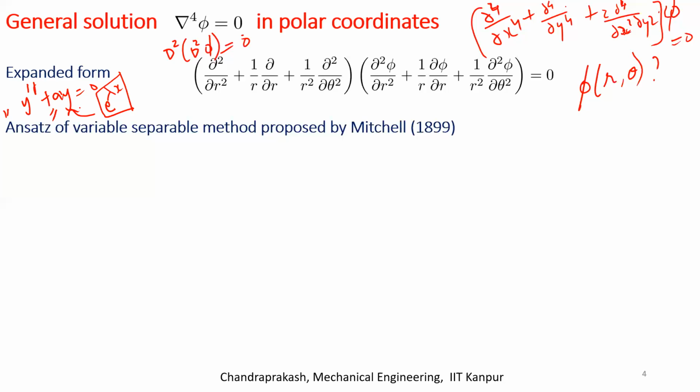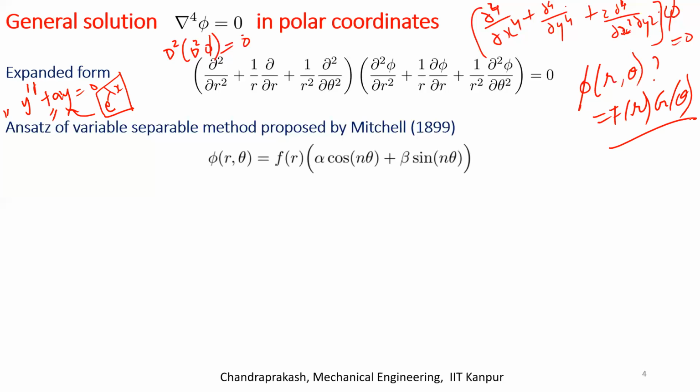Now we will seek a variable separable solution, as in I will have this as some f of r times g of theta. So this is the form we are looking at. And this was first proposed by a scientist named Michell. Since the second derivative with respect to theta is involved and there is no first derivative of theta, the derivative with respect to theta is either the second derivative or the fourth derivative. Okay, so it's multiples of 2, and that is the reason